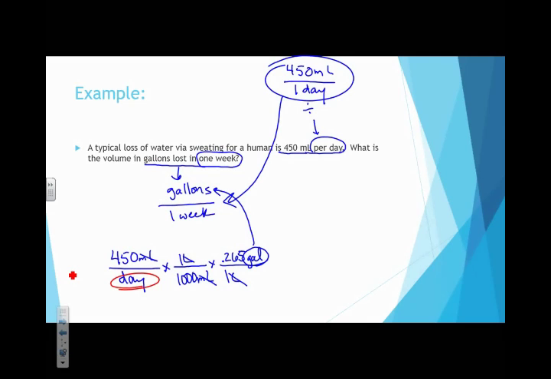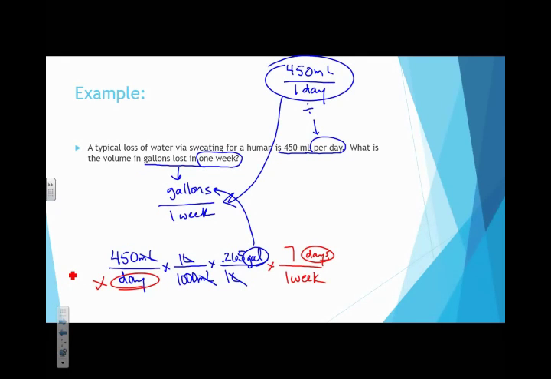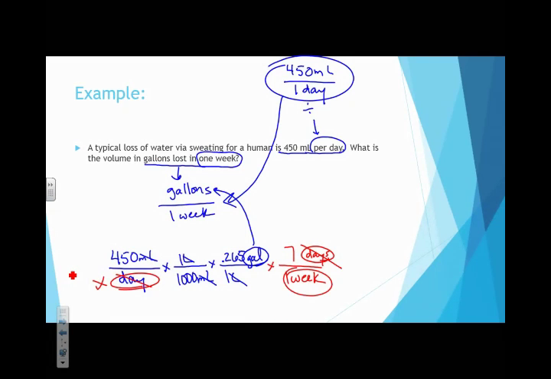Then I want to deal with days, which is still over here. And I really want to go from days to weeks. Now since days is down here in the bottom of the fraction, up here is where I need to put days so that they cancel one another out. And we know there are 7 days in 1 week. So that takes care of my days, and now I'm in gallons per week, which is the unit that I wanted. So 450 divided by 1,000 times 0.265 times 7, I get